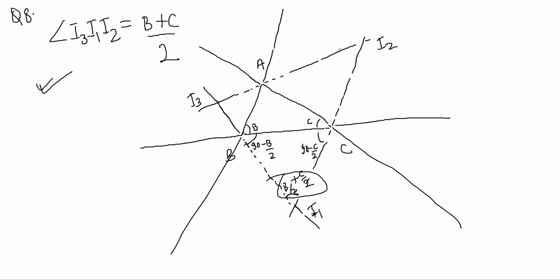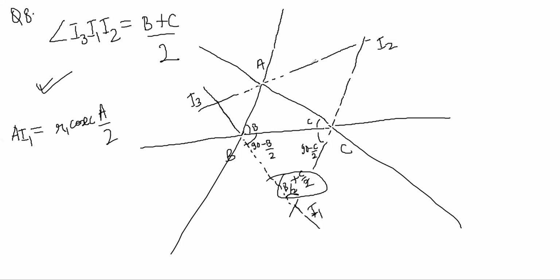Now in this figure only, let's recollect all the results that we have gotten. In this excentre figure, he has asked you to prove everything one by one. AI1 he has asked you to get, and you have gotten it. That was the third question. AI1 was R1 cosec A by 2, right? He has also asked you to get AI2.